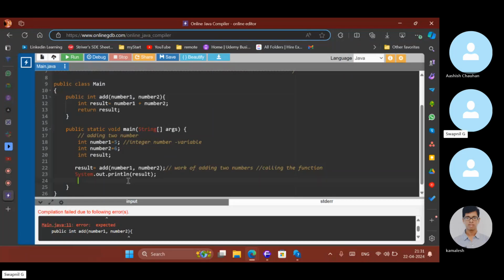If it is JavaScript, this program would have worked. But in Java, you have to define the types, what type you are sending, and then it works.